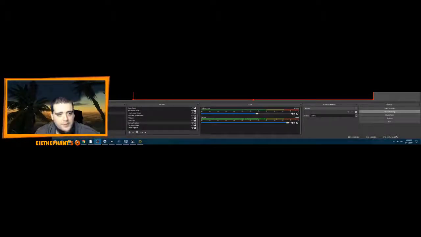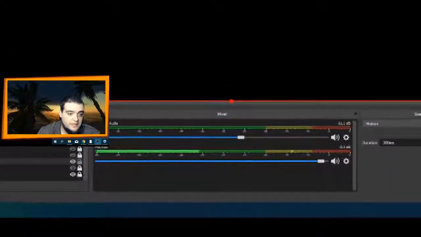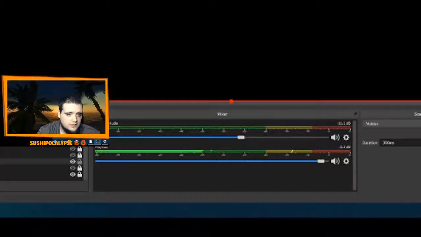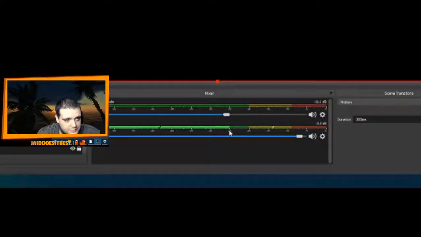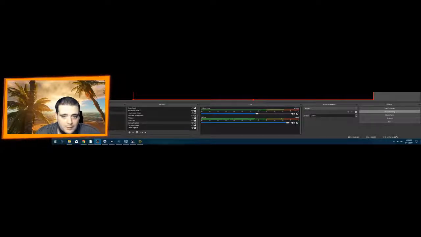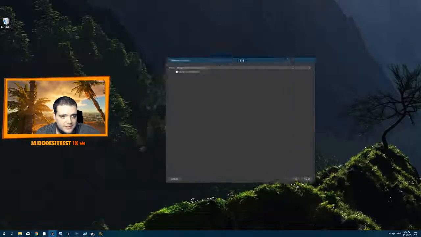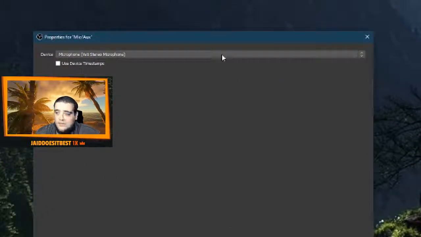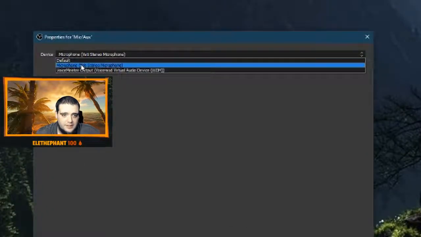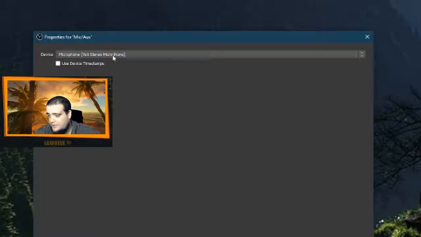Now make sure at the bottom of your OBS or SL OBS or OBS Live that the microphone AUX is moving whenever you speak. This will ensure that your microphone is actually the default for this. If it's not, you're going to right click on your microphone and go to Properties, and a little box will pop up. The box will look like this, and just make sure the device that you have plugged in is the device that you're using. I'm using a blue Yeti, and just make sure the default device is the correct